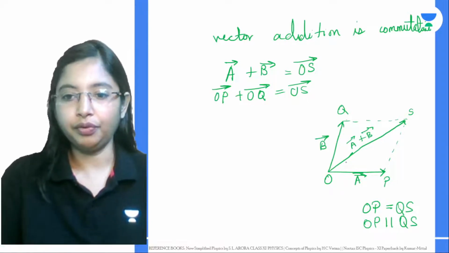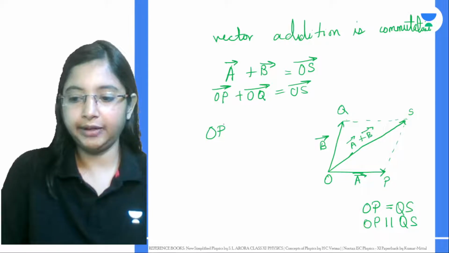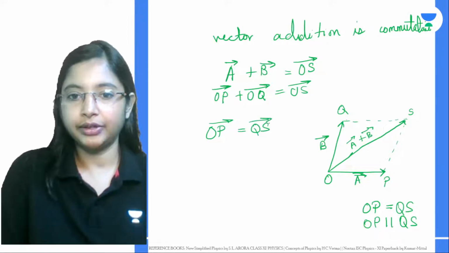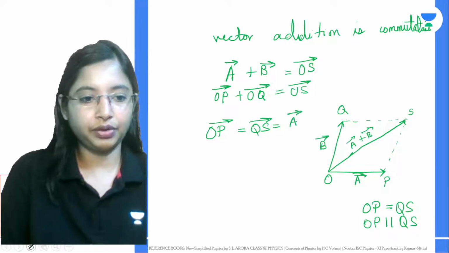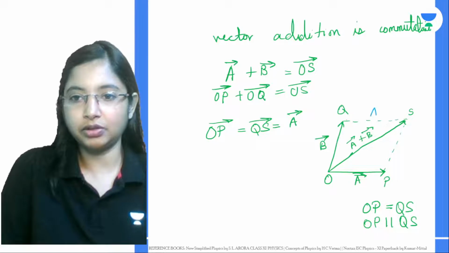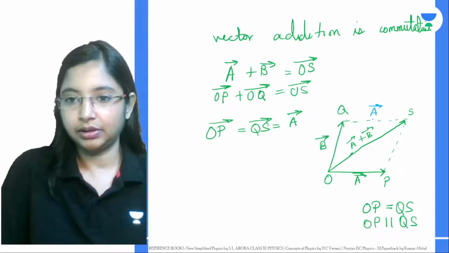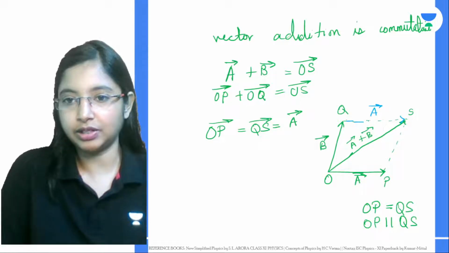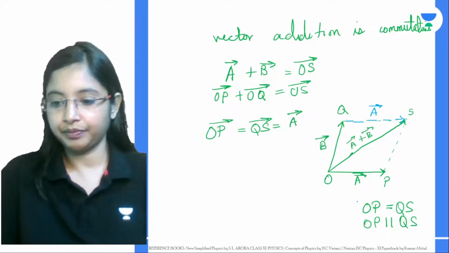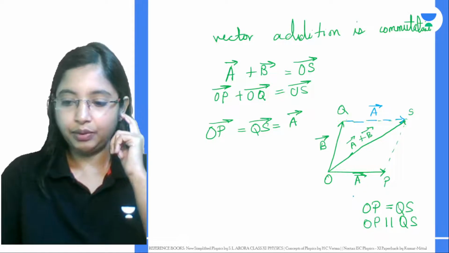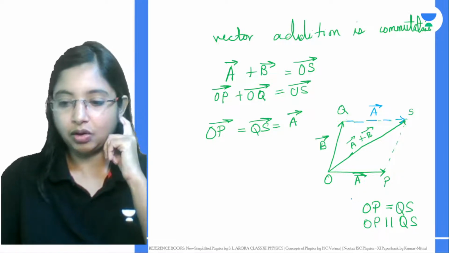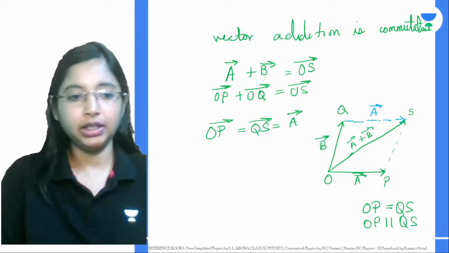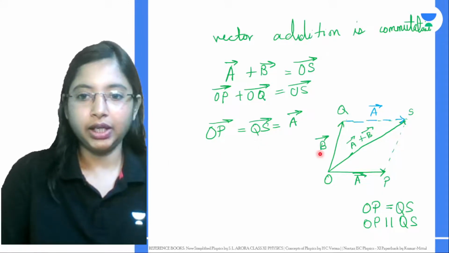Okay, so from here we can say this side OP is basically equal to the side QS. So the side QS will actually again be an A vector. So this side is also equal to A vector, with the same magnitude as this vector over here. So this will again be equal to A vector. Now if you are using the triangular law of vector addition again,